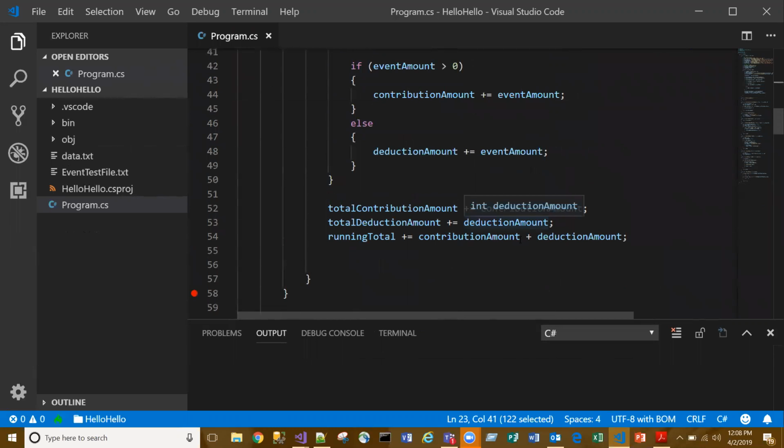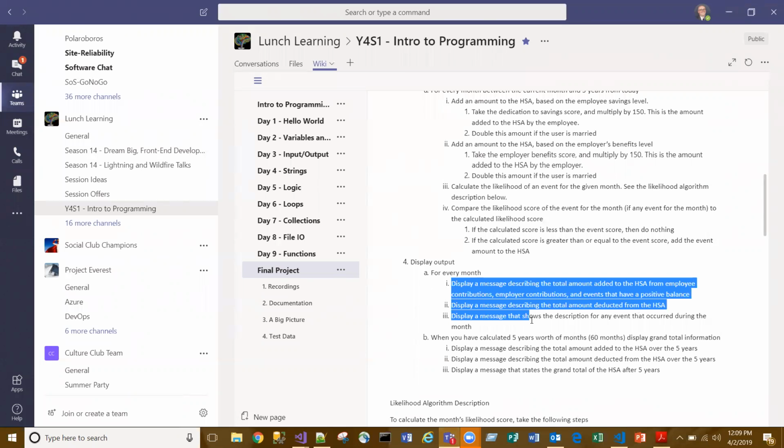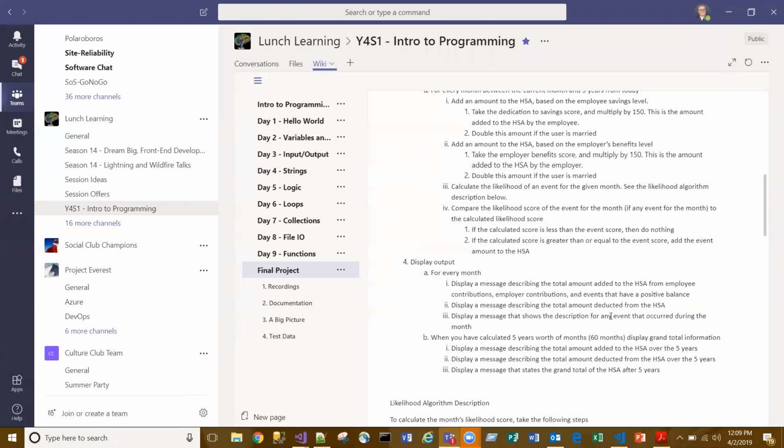So it looks like we need to produce some messages. Remember that for every month we need to display 3 messages. One about the contributions, one about the employee contributions, employer contributions, and any events that had a positive balance. Display a message describing the total amount deducted from the HSA, and display a message that shows the description for any event that occurred during the month. So we've got a couple messages to display for every month, and then after we've done all the months in